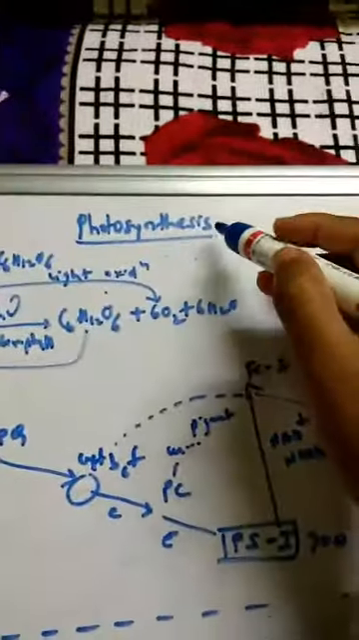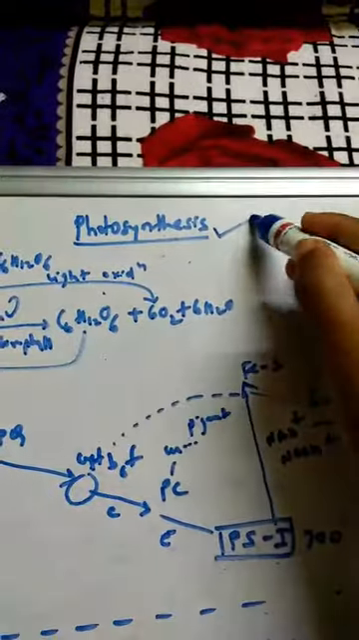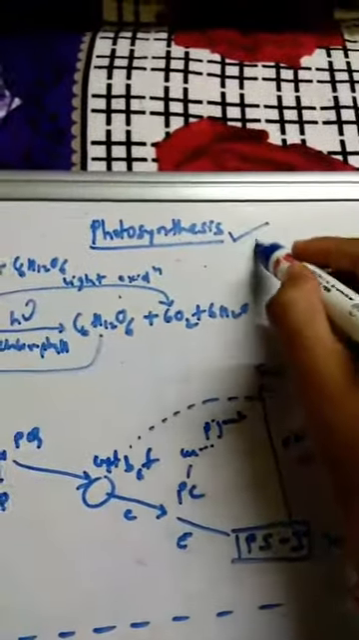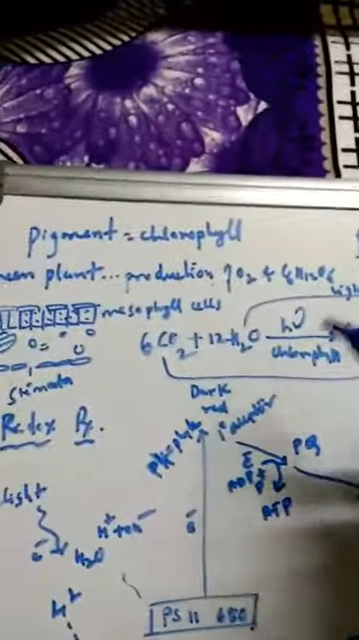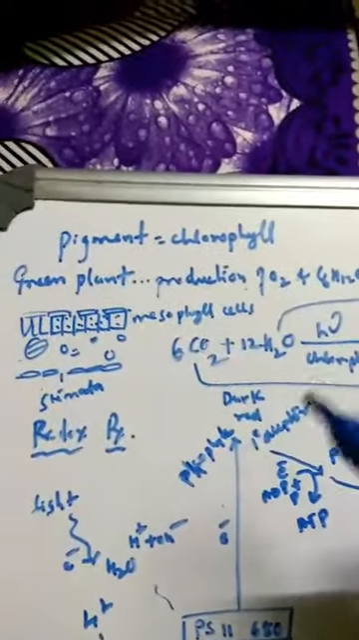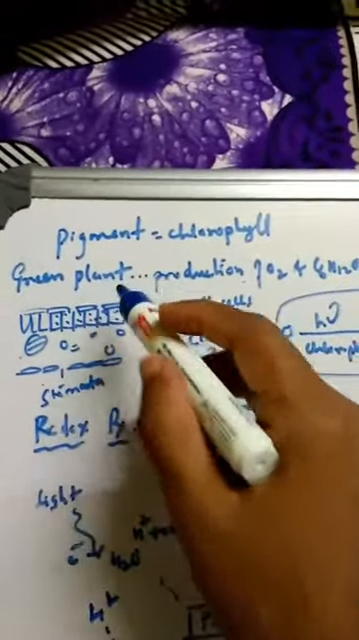Students, so today we'll go for the next concept, that is photosynthesis. We'll learn regarding photosystem 1 and photosystem 2. What is photosynthesis? Photosynthesis is nothing but what we observe in green plants, where the production